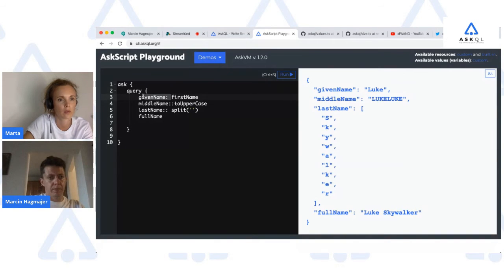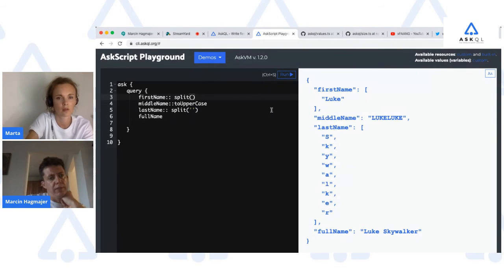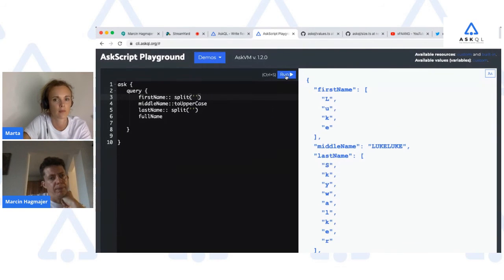Let's try this one. Split. With split, you're going to need to give a second argument.